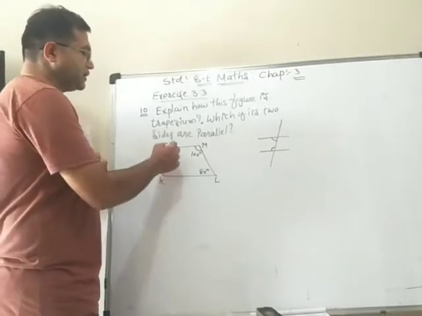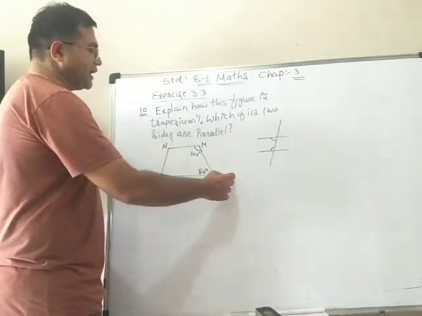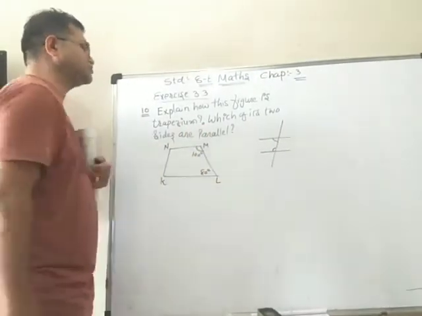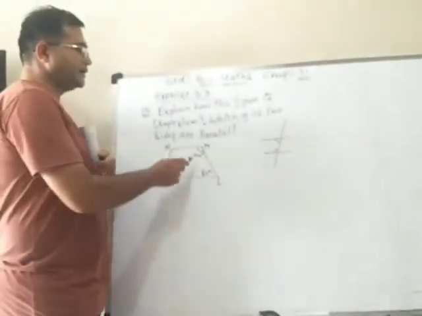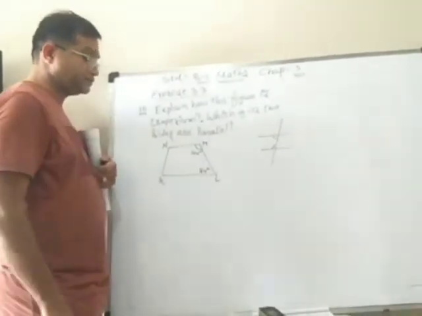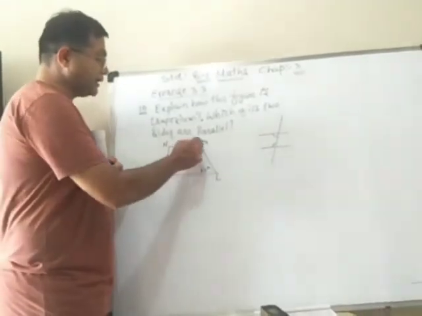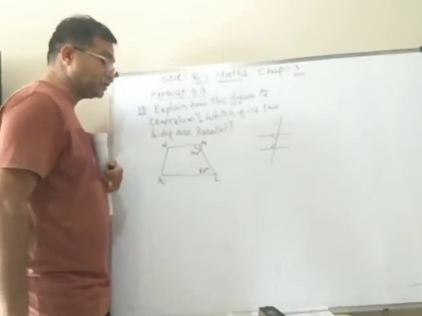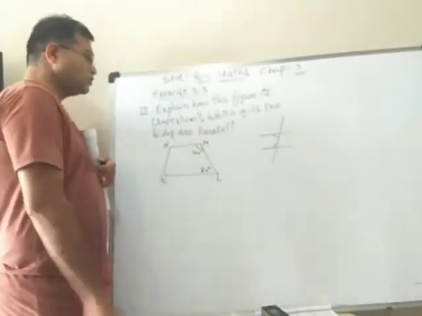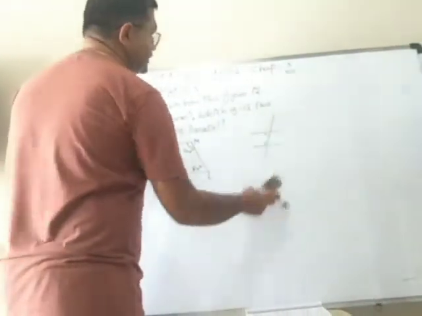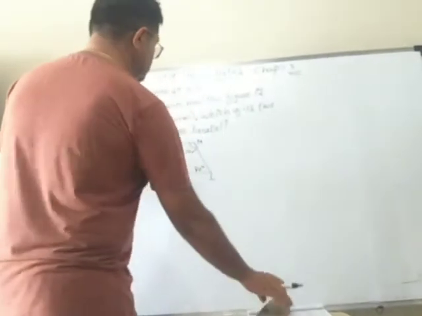So here you can see that NM and KL are two lines and ML is the transversal. And thus two angles are supplementary. It is only possible when NM is parallel to KL. So now we have to write this down. So we can write down here